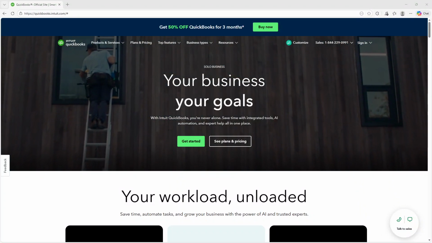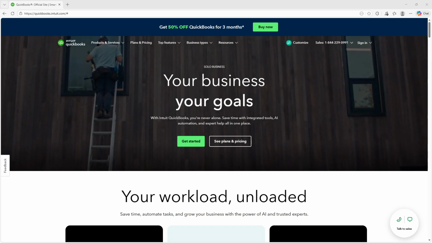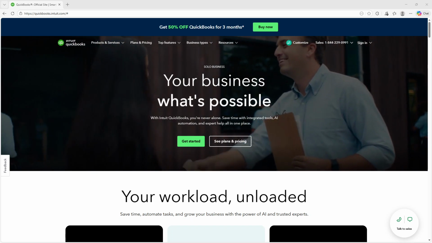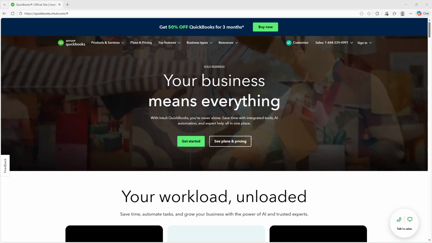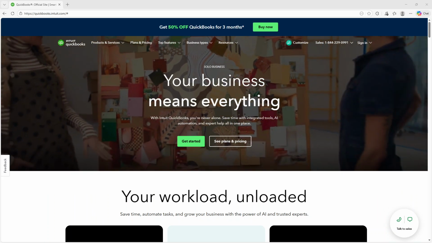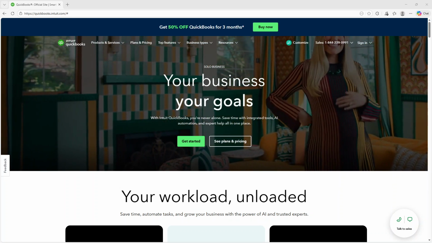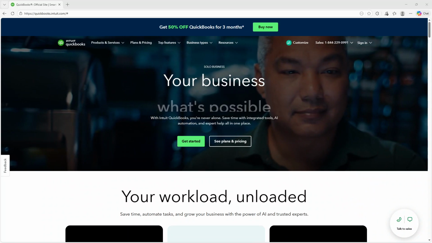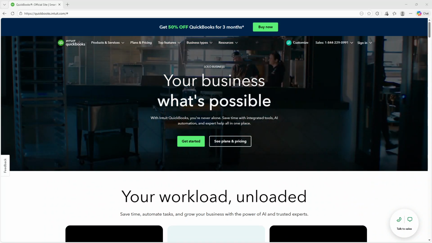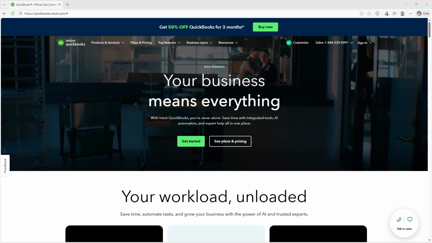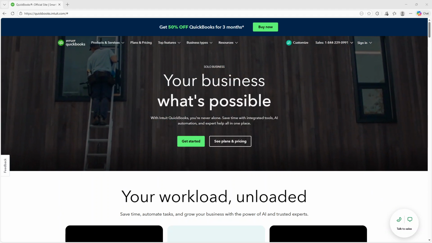Today, you're going to learn how to add class in QuickBooks Online. Quick and easy guide. This entire process takes only a few minutes. And once you start using classes, you'll notice how much easier it becomes to organize and understand different parts of your business. Whether you track locations, income streams, departments, or projects, adding classes gives you clearer insights and more accurate